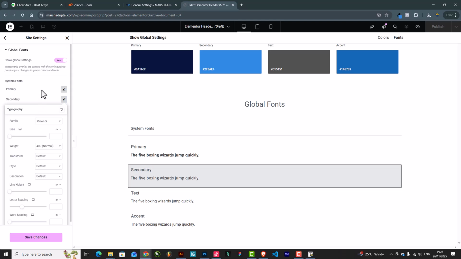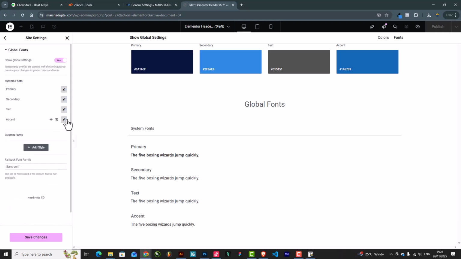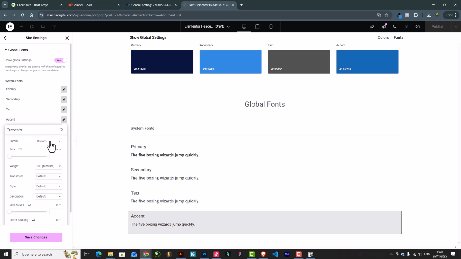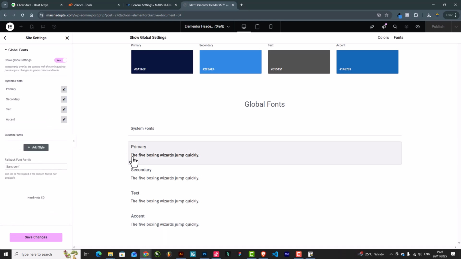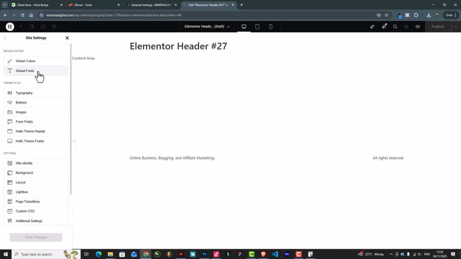Orienta. So for me, I use the same font but play along with the weight. So the primary color is Orienta bold, secondary color is Orienta, maybe semi bold. The text color is Orienta normal or light. It all depends with what works for you. You can even maintain Roboto. Roboto is also a good font, but for me I'll use this Orienta. I've never used it before, but I'm gonna use it. Why not? So we have our global fonts done, global colors done, site identity done, and the last thing here